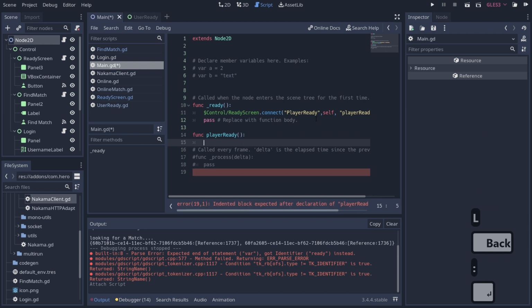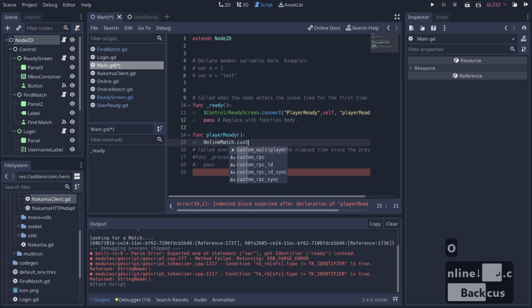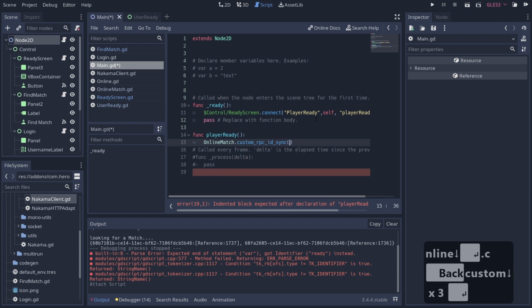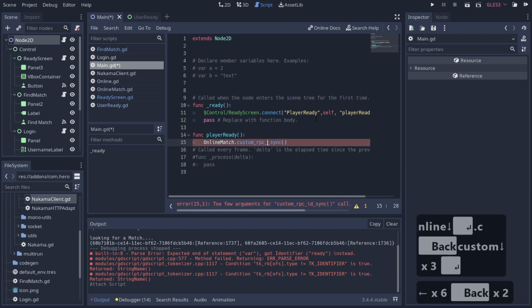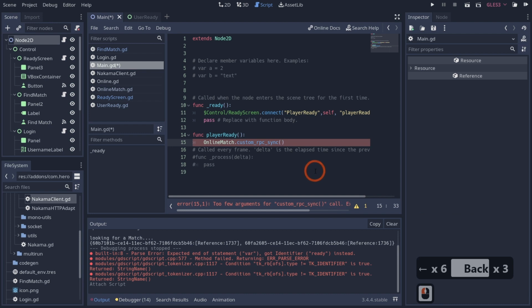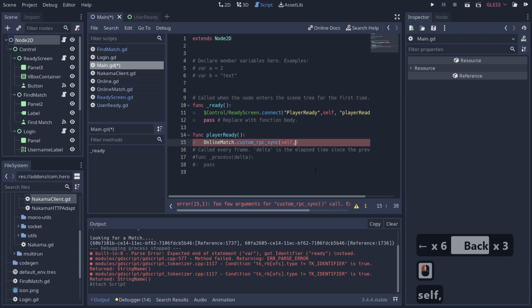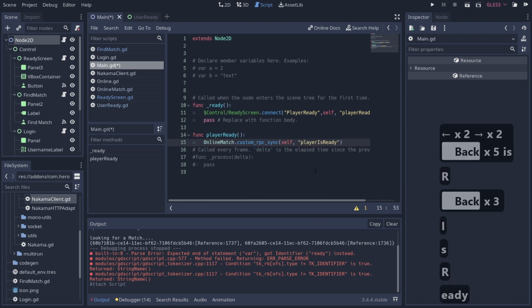But now that we know our player is ready, we're going to do what's called an RPC synchronization. What that's going to do is call a function and synchronize data with the rest of our clients. So we'll say online match dot custom RPC, not ID, RPC sync. And then we'll pass in ourself because we want to run our own function, and we'll say quote player is ready, comma,